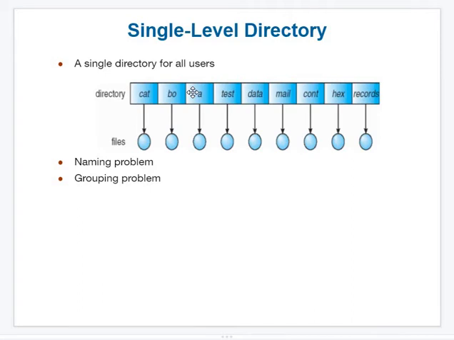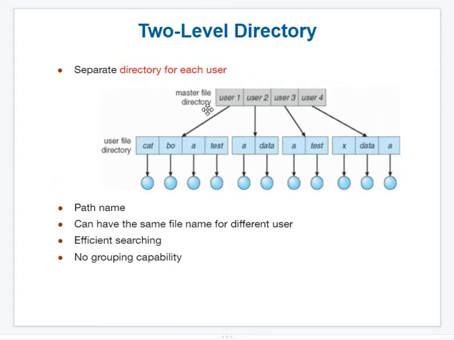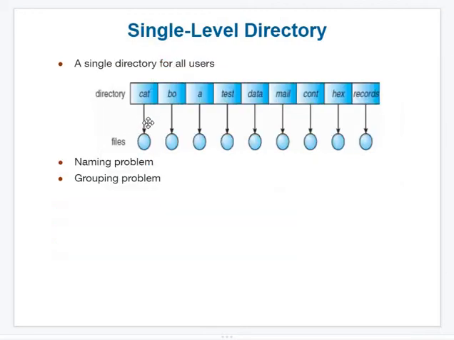Now, as I mentioned, how many types? Let's go through the different types of directory. See this directory of single level. Directory means, remember it as folders or drives. Here, the first one is the single level. Level means how many arrow marks there are. I hope you know the tree height from your graph theory or DMS subject.